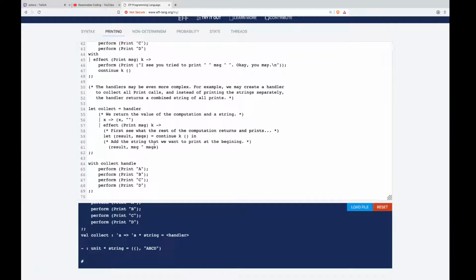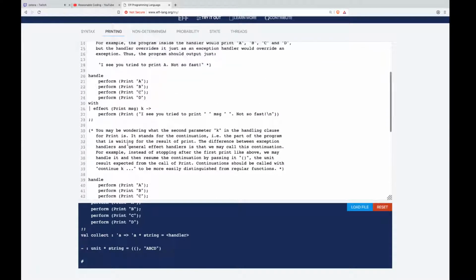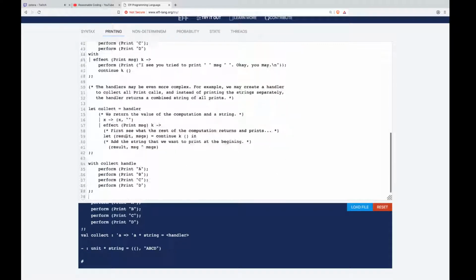Does it make sense to you? Any questions? I am confused about some things, like as I said before, how to scale these patterns a little higher, and why can't I just create a print value without using perform? Or what does continue do? Does it actually go back into the handler, or